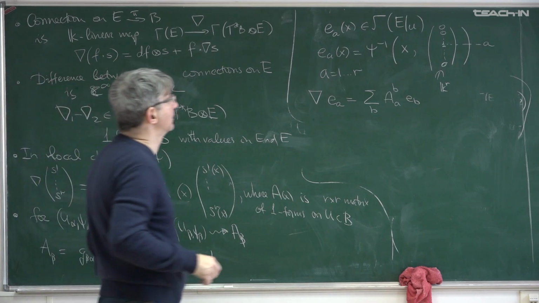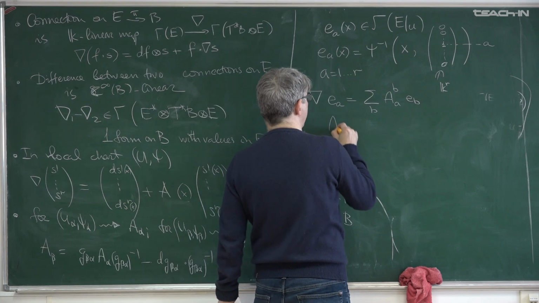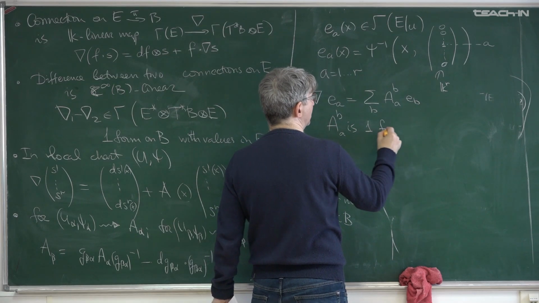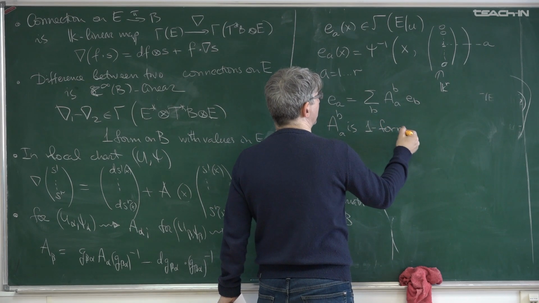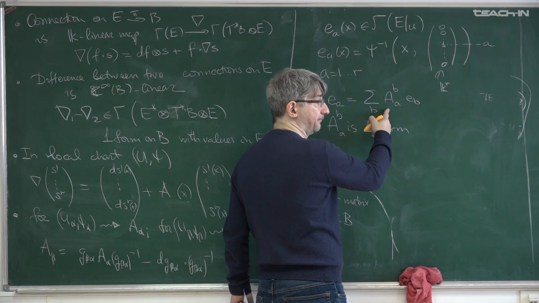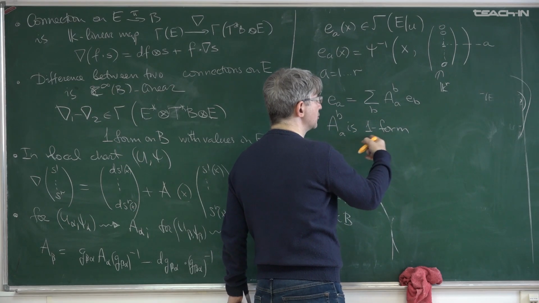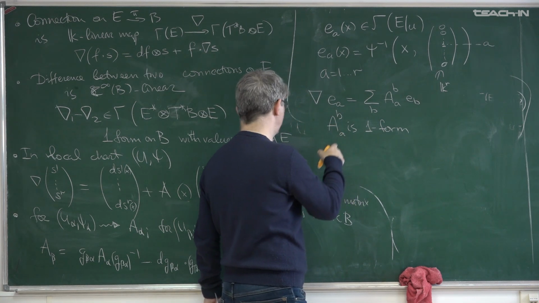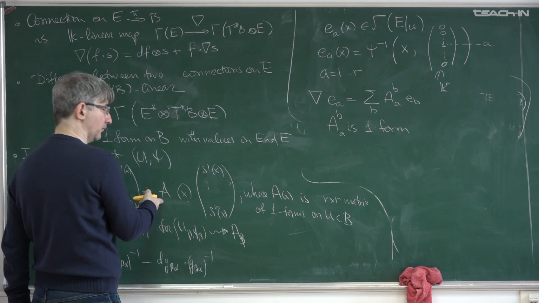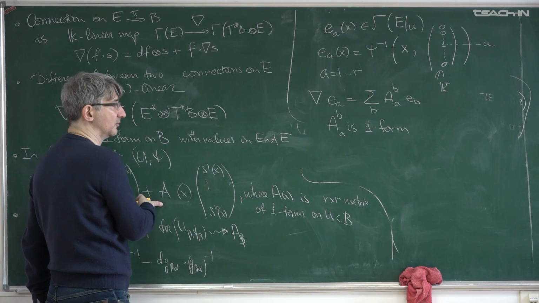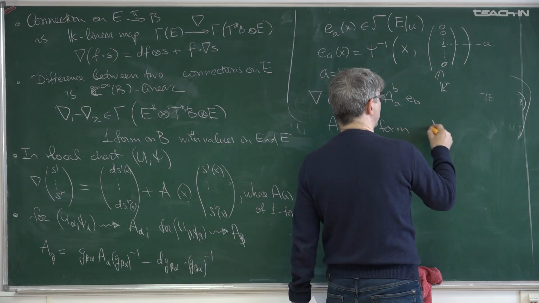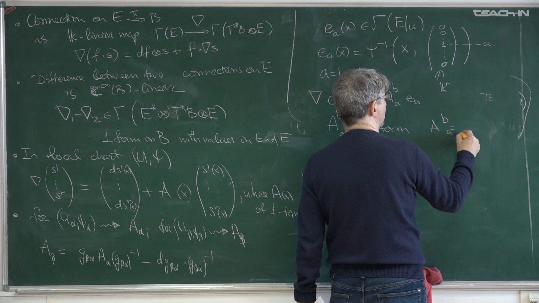But A and B is a one form. Now it's just a usual one form, because this letter has indices. So this is a matrix entry of this object. This thing consists of these functions. So we can write this guy as